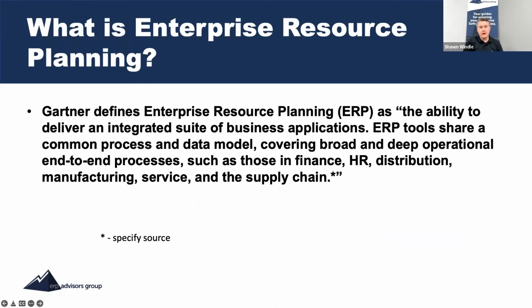So when we talk about enterprise resource planning, interestingly enough, Gartner Group, which is an industry analyst group, as most of you all know, really coined the term, I believe, back in the 1990s. Maybe on our deck here, we have "specify source." We'll get that source specified and get this deck back out for folks so that we know exactly, precisely when